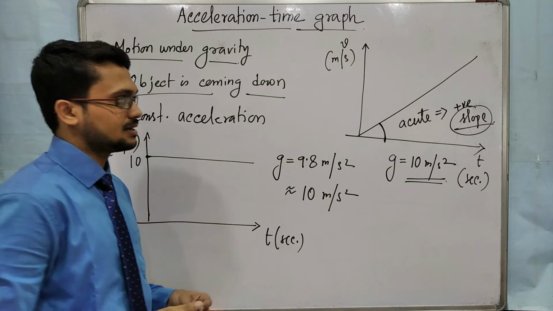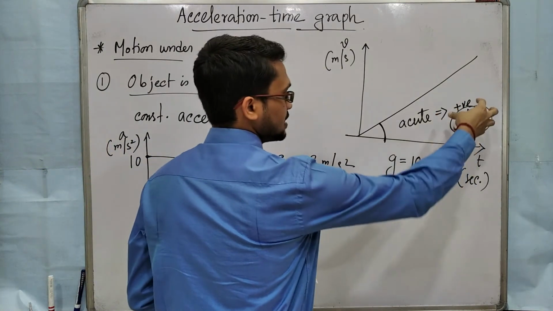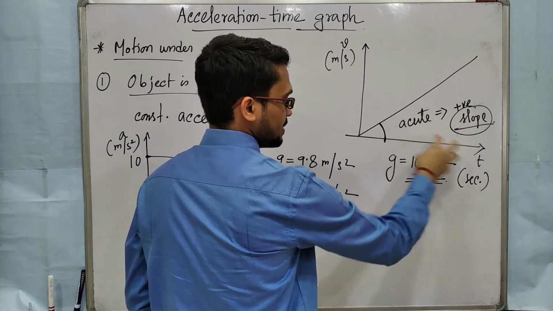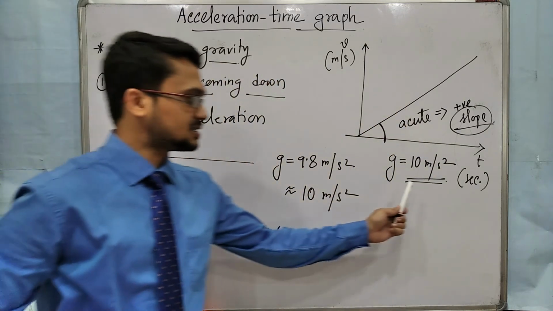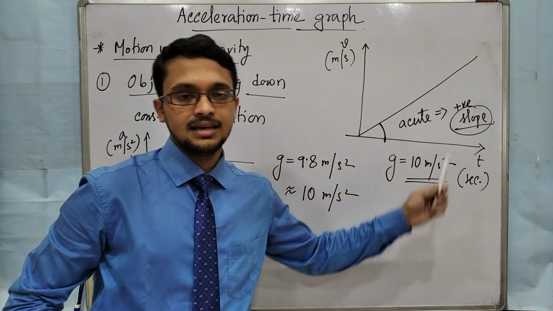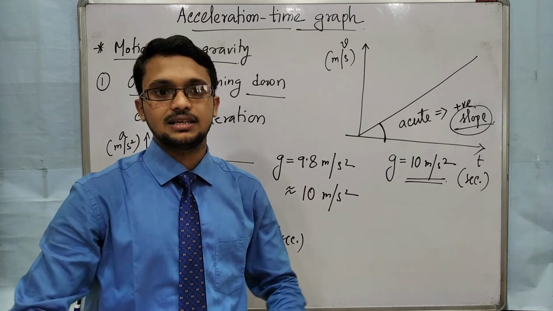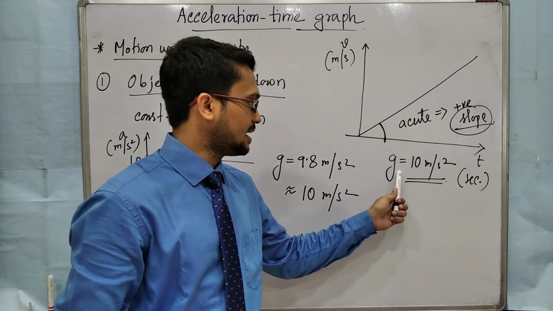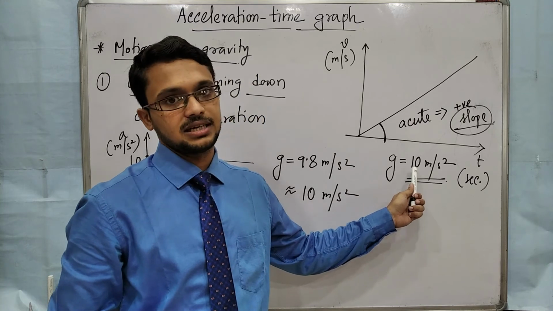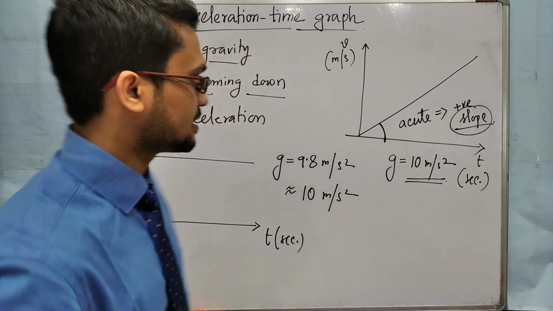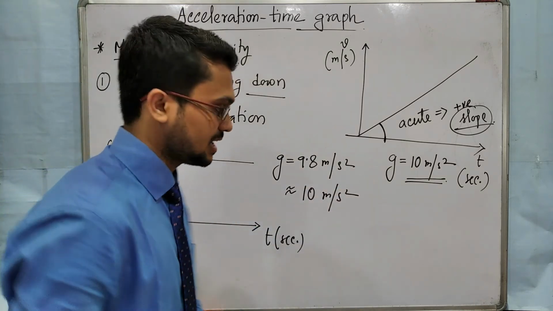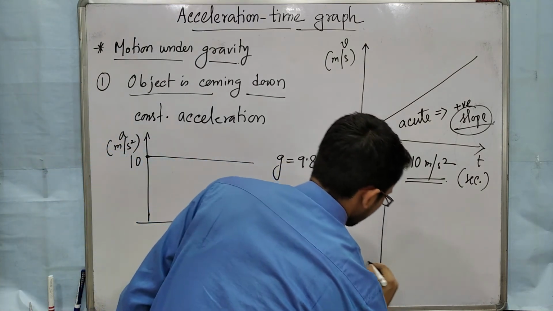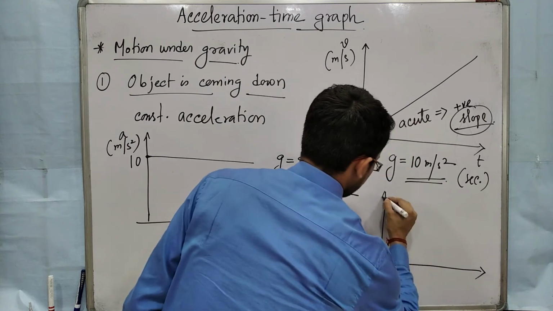Clear? This is a little bit complicated part. This slope will give the value of acceleration, and here it is moving under gravity, that means gravitational acceleration. Okay, it is moving down, velocity is increasing, so acceleration is positive, and positive acceleration is plus 10 meter per second square. Clear? Again, if you want to draw the displacement time curve, then it will not be a straight line, right?